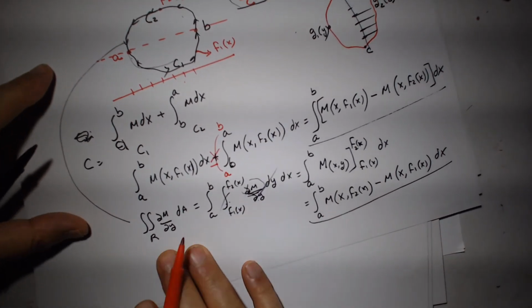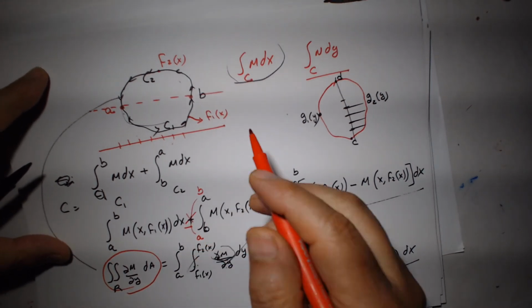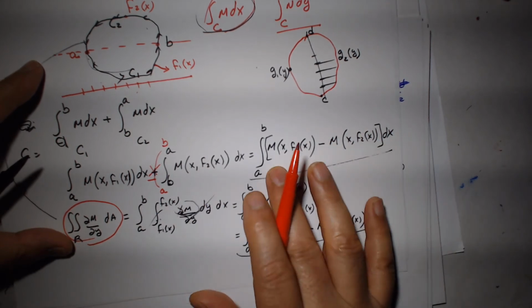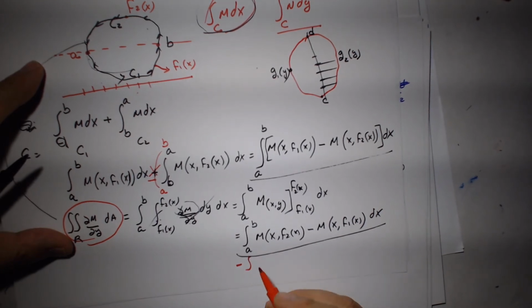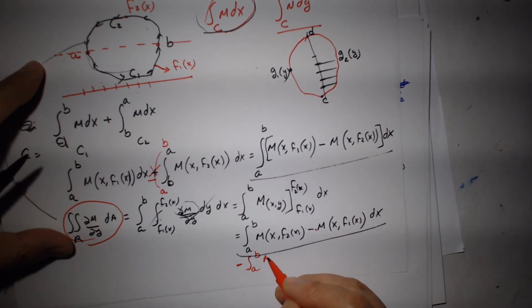Therefore, this one and this one are not the same, but they are very close. How can I make them look alike? If I factor a negative here, I have a to b, the negative becomes a positive,